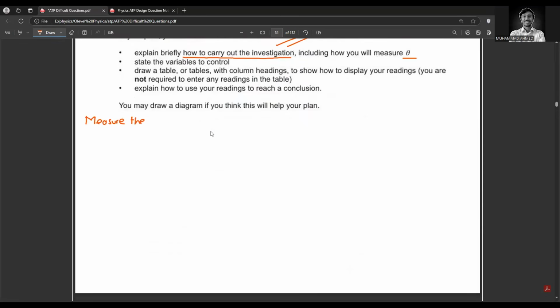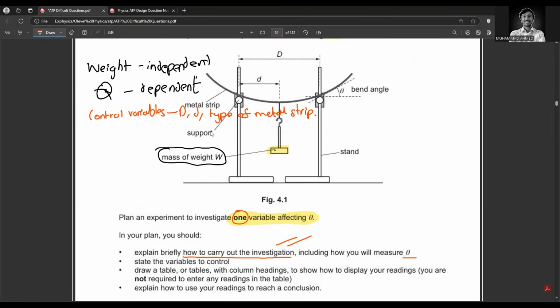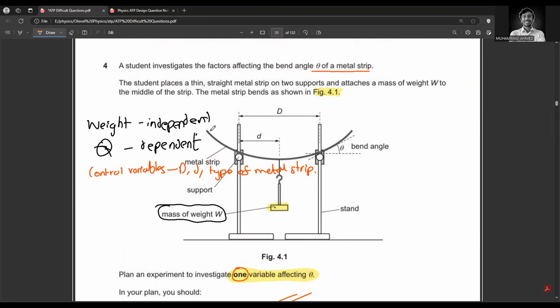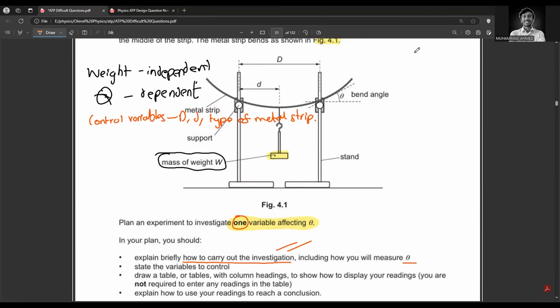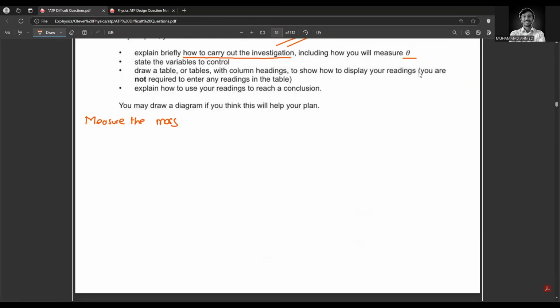The mass of what? Are we given anything here? The student places it and attaches a mass to it. So you will say, measure the mass using a top pan balance,